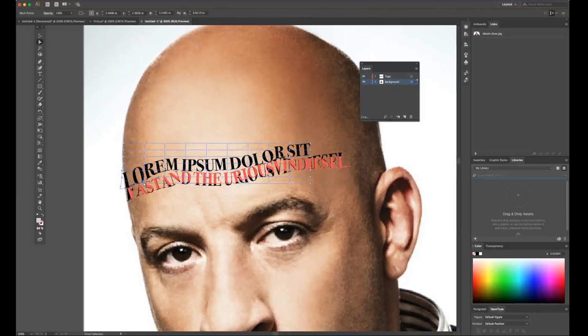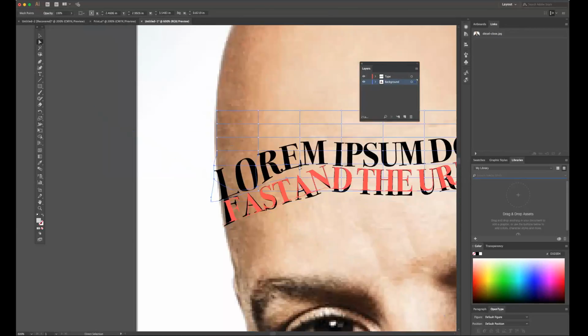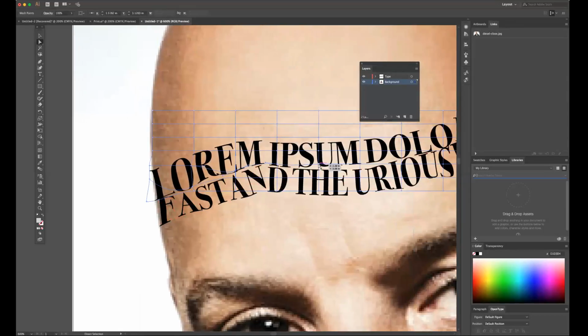You might need to zoom in quite a bit to see what I'm doing, but the idea here is to try to get it to follow the same path as the other one. And if they run into each other, that's okay. In this case, that's okay.